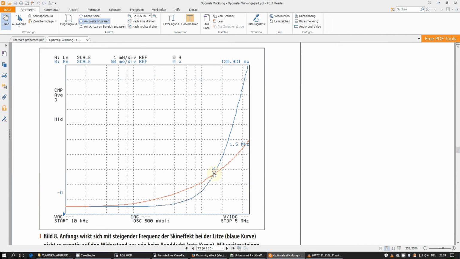Here, it doesn't make sense to use litz-wire at frequencies, well, let's say above at least 2 megahertz, and you will not find any reasonable application where litz-wire is used above 2 megahertz. And there, depending on how your coil is really constructed and which wire you use, it could even be better to use single wire